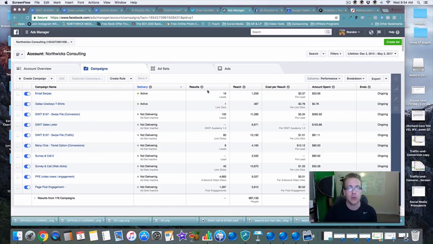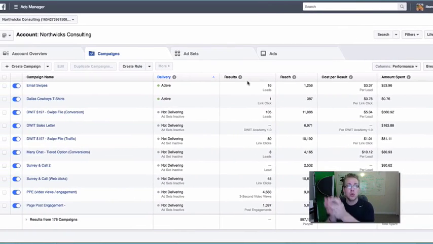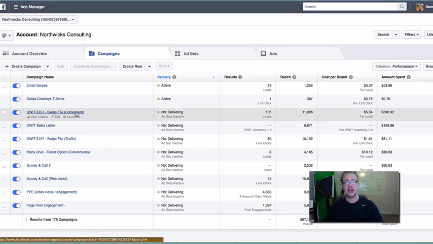Now, one mistake that we made at the very beginning of our marketing careers was we would create a new campaign for each ad. What we learned is that really what you want to do is create one ad per ad set, right, for true testing, but you can do that underneath one campaign. So as just an example, let's say that we are looking at this campaign right here, which is us